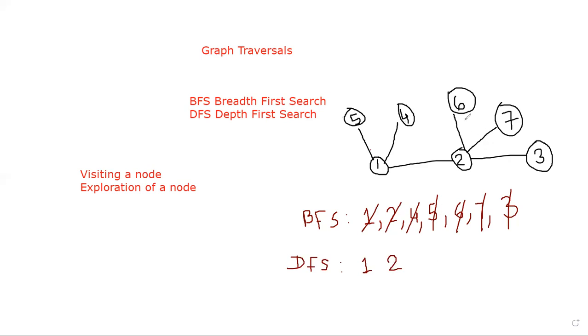Okay. So for 2, you see 3 vertices are linked: 6, 7 and 3. You have to take any one. I am taking 3. This is a new vertex for 2. So again you have to explore 3. No other vertex is associated to 3. So come back to 2 and then explore another vertex of 2, that is 7. Again you go and explore 7. Nothing is there. Come back to 2 and explore 2 again. The other vertex there is 6.